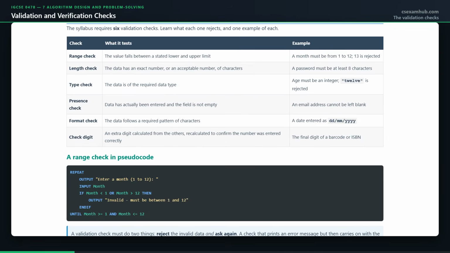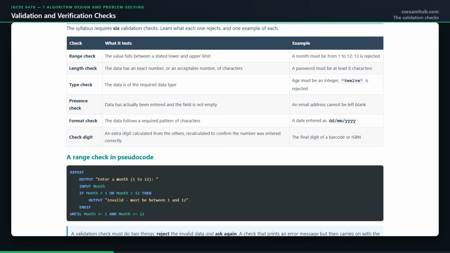The validation checks on the syllabus. A range check. The value falls between a stated minimum and maximum, a mark between 0 and 100, a month between 1 and 12. A length check. The data has the right number of characters, a phone number of 11 digits. A type check. The data is of the right data type. An age must be an integer, not text. A presence check. Something has actually been entered, and the field is not blank. A format check. The data follows a required pattern, 2 letters, then 6 digits, or the shape of an email